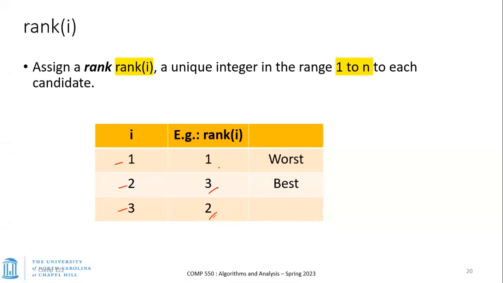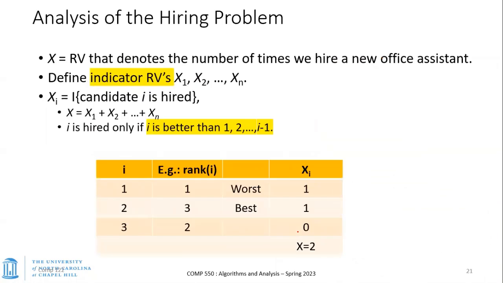2, yeah. Clearly we're going to hire the first person, even though he's the worst, because we don't have any other person yet. Then the second is better than the first, so we're going to hire him or her. Then we're presented with somebody who has a lower rank, so we're not going to hire them simply because we've already found the best. We're comparing with the person currently hired. So in this example, X comes out to be 2. We hired 2 people, right? So now the question is,